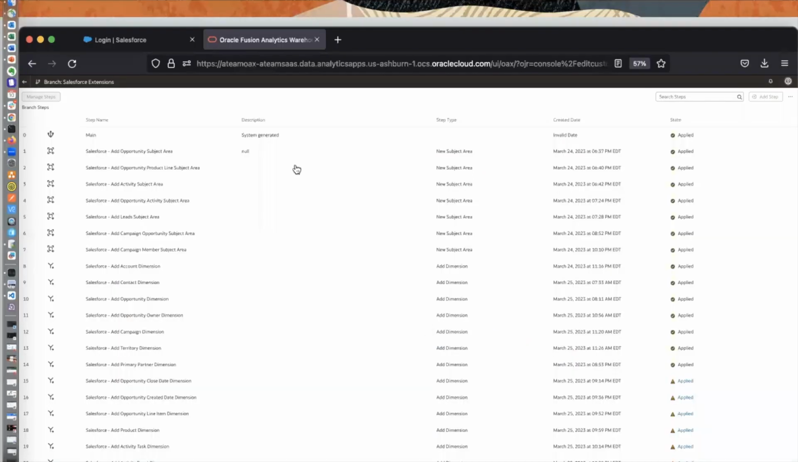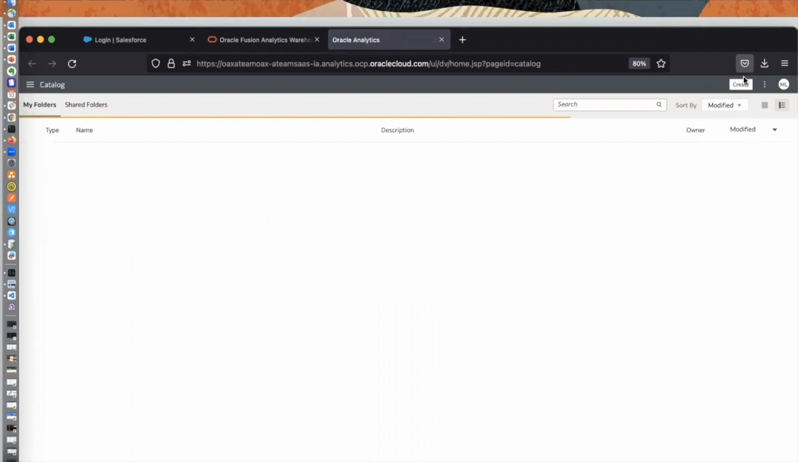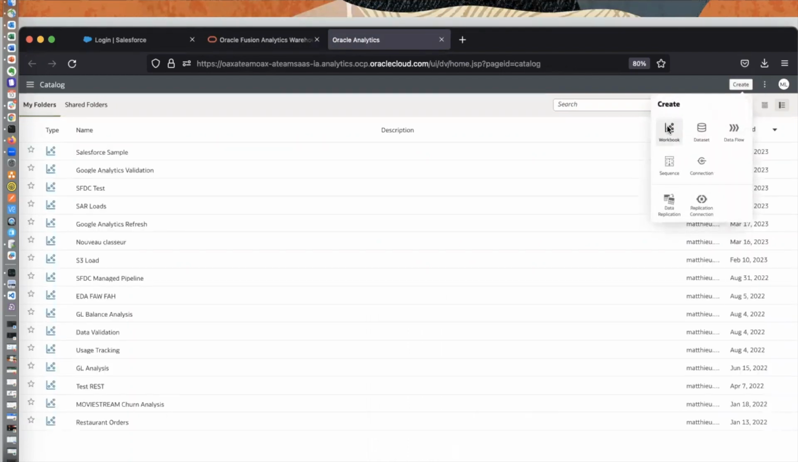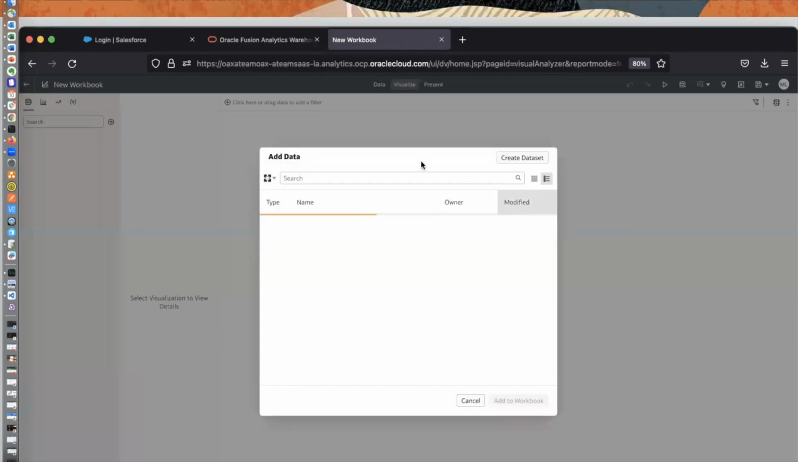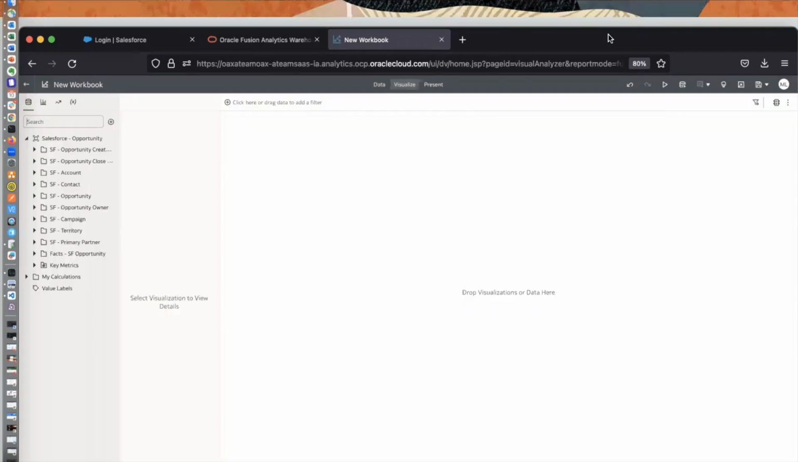So if I switch to here, and if I go to project, and if I create, for example, a new workbook, and if I filter that by Salesforce, and I'll pick the first one, the campaign opportunity subject area, the workbook. And from there, I can easily add